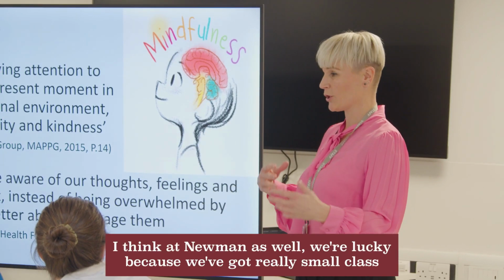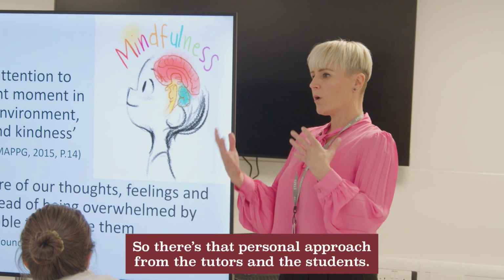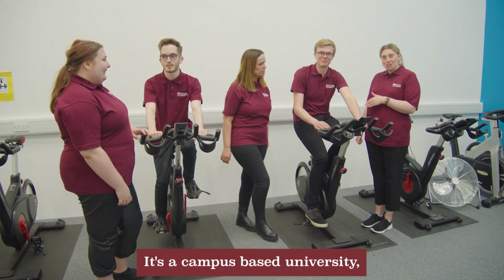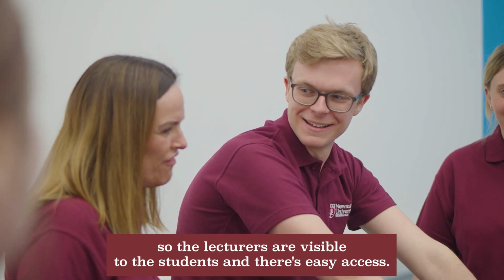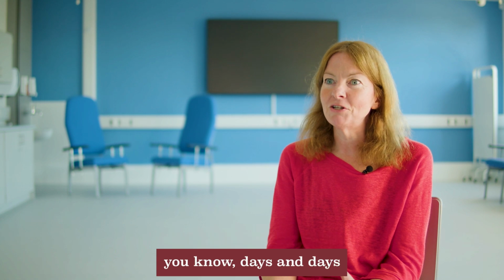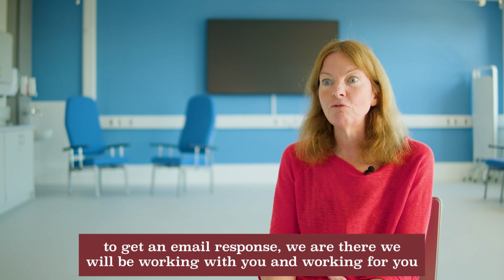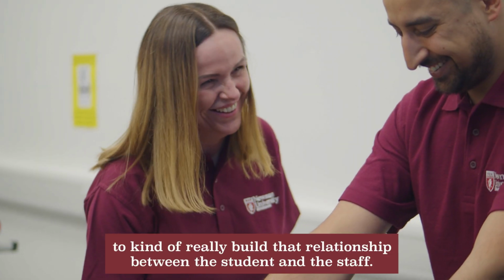I think at Newman as well, we're lucky because we've got really small class sizes, so there's that personal approach from the tutors and the students. It's a campus-based university, so the lecturers are visible to the students and there's easy access. If you've got a question, you don't have to wait days and days to get an email response. We're there, we'll be working with you and working for you to kind of really build that relationship between the